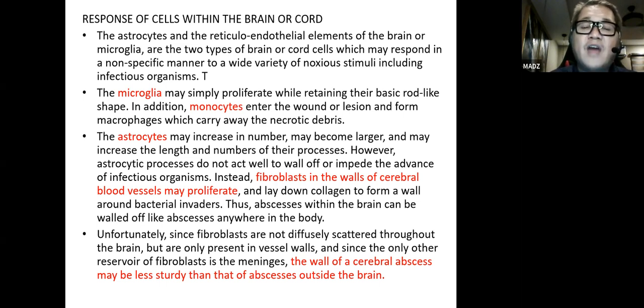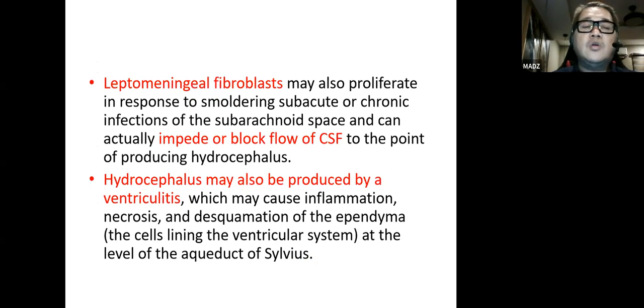Unfortunately, since these fibroblasts are not diffusely scattered throughout the brain but are only present in the vessel wall, and since the only other reservoir of fibroblasts is the meninges, the wall of cerebral abscesses may be less sturdy than abscesses outside the brain. The fibroblasts located in the leptomeninges may also proliferate